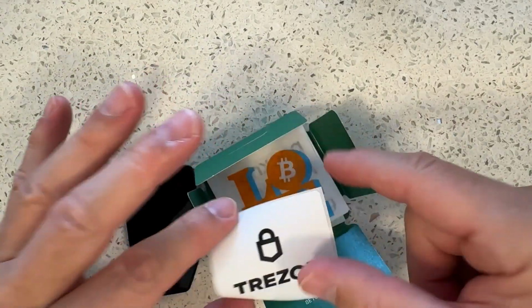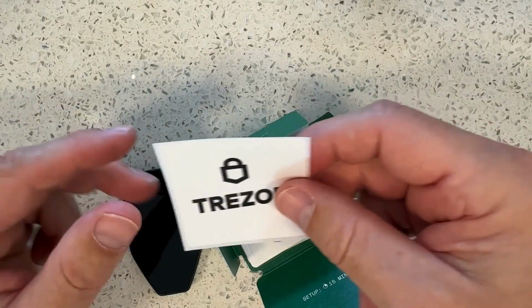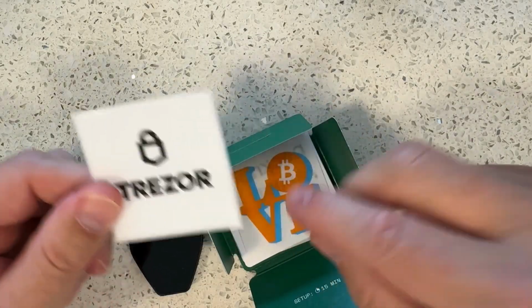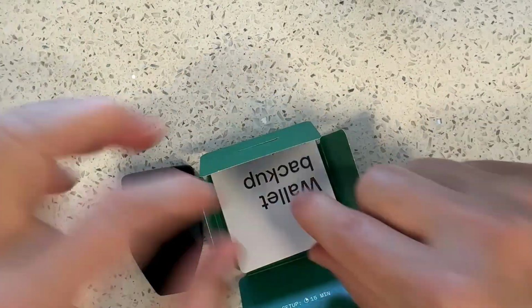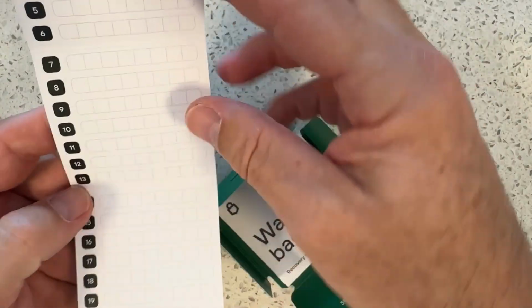Do not stick these on the back of your computer. With the rash of physical real-world attacks on people that are demonstrating wealth through crypto or flaunting crypto or talking about crypto, do not put these on your computer. Not even a Bitcoin symbol. That'd be my suggestion. A wallet backup piece of paper here has the device name and PIN, and then a list of 20